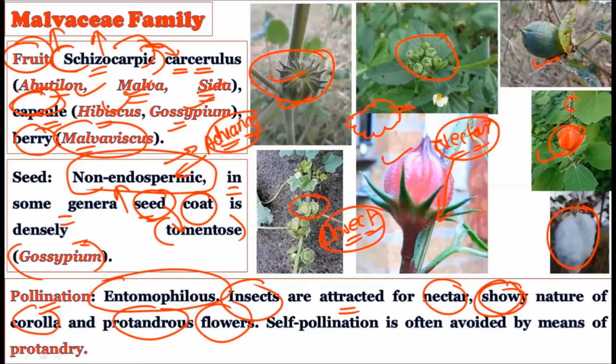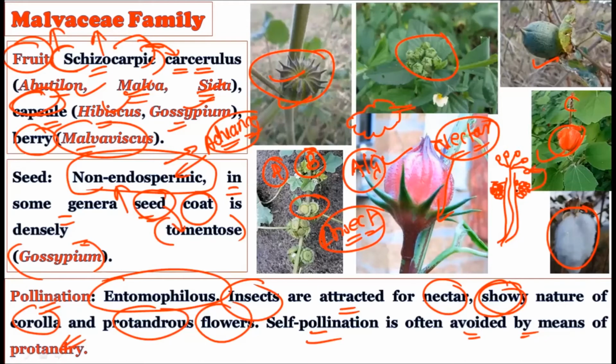Now, one very important thing here is that self pollination is often avoided by means of protogyny. Although the plants are hermaphrodite or bisexual, that is, the androecium and gynoecium are present in the same flower, right? As you know, we have seen the staminal tube, and from inside the staminal tube there is a style, and at the apex of the style you will find the stigma. Generally 5 stigmas are present in Hibiscus, and here you will find the anthers. So it is very easy to have self pollination. That is, the anthers can land on the same stigma, so self pollination can occur.